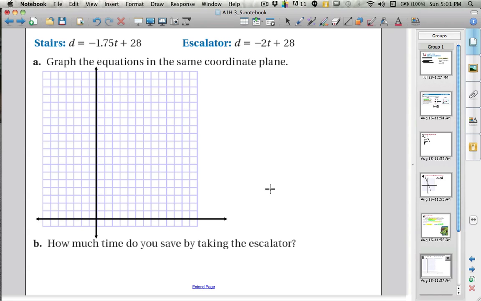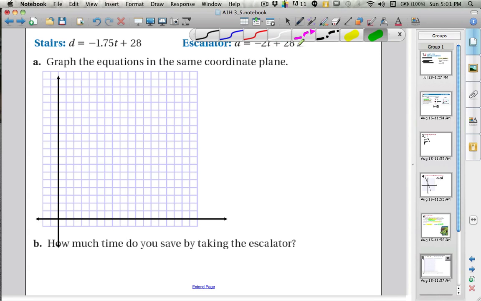And if I go ahead and put in my axes again, I'm going to move this over because I know that I'm not going to be moving negative time, right? So I can stay here pretty much, nor will I be traveling a negative distance. So in this case, if we take a look at going ahead and graphing this, so for my line,